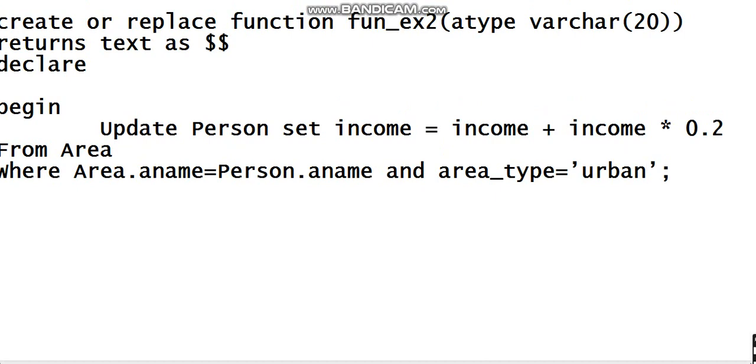And here this is area type is equal to, as I said, that left hand side is the attribute of your table and right hand side is the local variable which the user has declared into this function. So here this area type, you can see this one, this is the user defined variable for this particular function. So I am just taking it over here. Clear?